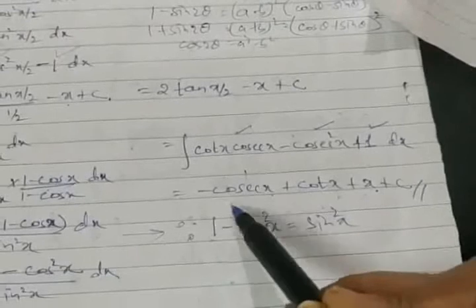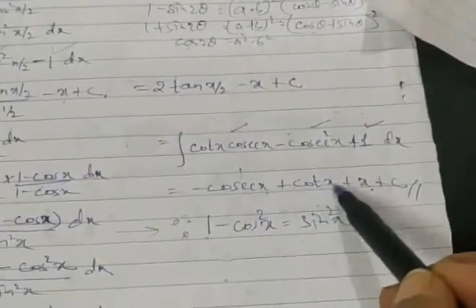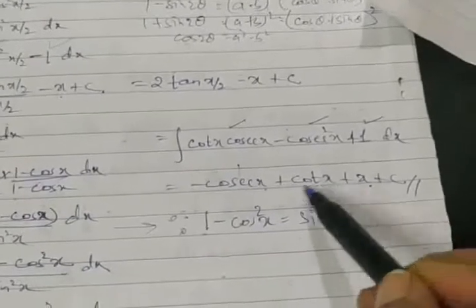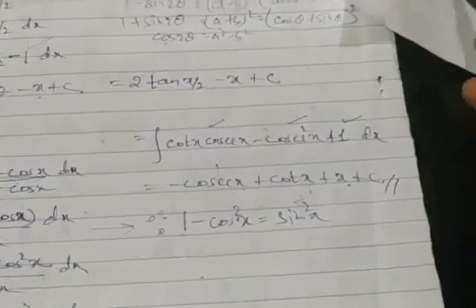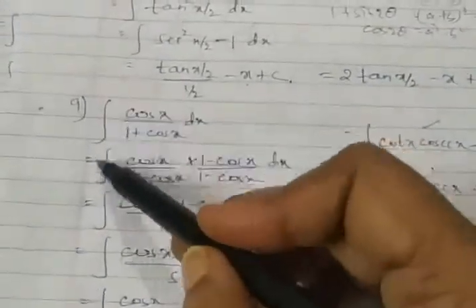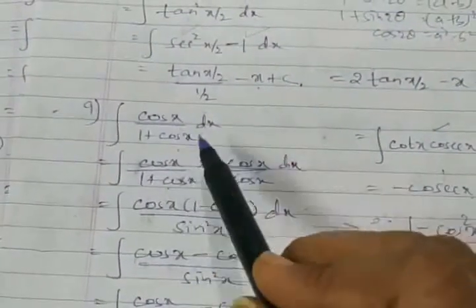Sin x can be taken as 2 sin x by 2 cos x by 2. Cot can be taken as cos x denominator sin x. And again I can use the submultiple formula, and if I go for term by term multiplication, this term will definitely get balanced with this term. So we are not trying to prove the ultimate result is the same. We are trying to integrate the given function. And integration requires standard results.